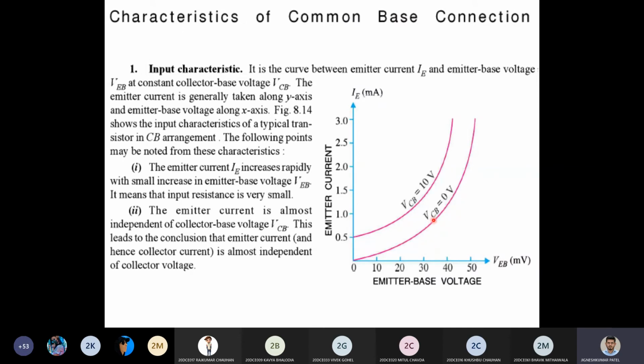But with constant voltage between your collector and base, if the collector base voltage is 0, at that time you will get the graph starting from somewhere around 0. But if you want to improve your current, higher current will flow inside the emitter. How to do that? By having the collector base voltage higher. If it is 10 volt, or 20 volt, the graph will rise here. In the same way, if I increase the voltage of my collector to base, at that time I can improve my current.